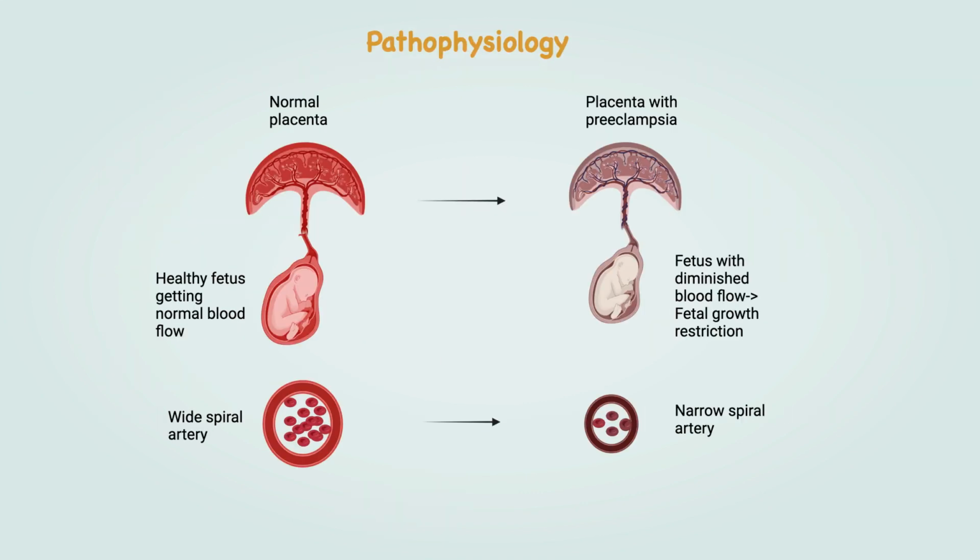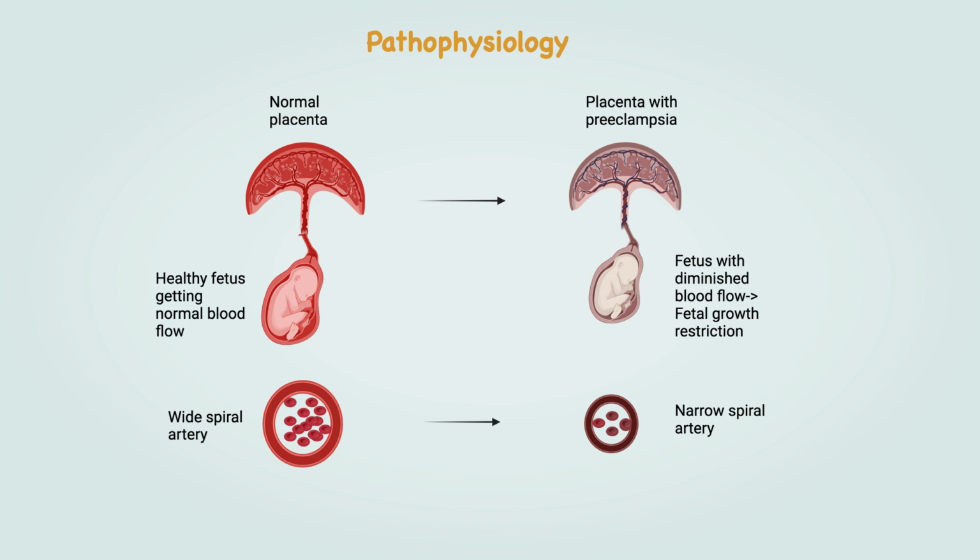So let's just briefly talk about the pathophysiology of preeclampsia. Normally there is a spiral artery that supplies the placenta, and it is usually really wide. At the bottom I drew a wide spiral artery, and it has a lot of red cells just to represent healthy blood flow. And if you look at the picture above,